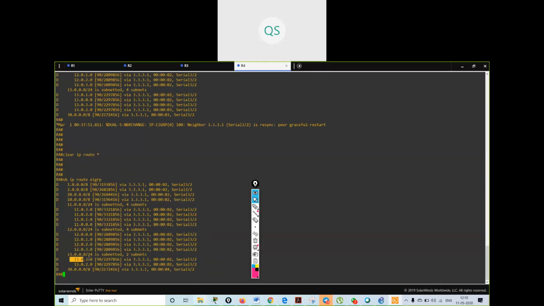Now I'm not getting 13.1.0 and 13.0.0 network on R4 also. Understood?